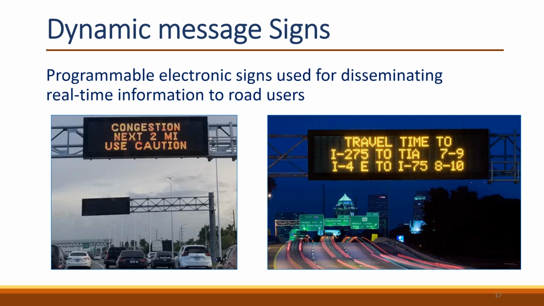rain, fog, poor visibility, or even Amber Alerts. All that information that is time sensitive could be displayed and disseminated to the traveling public in real time. And of course, some of this information could also be received through other navigation applications such as Google Maps, but still DMS play a critical role in disseminating this information to the traveling public.